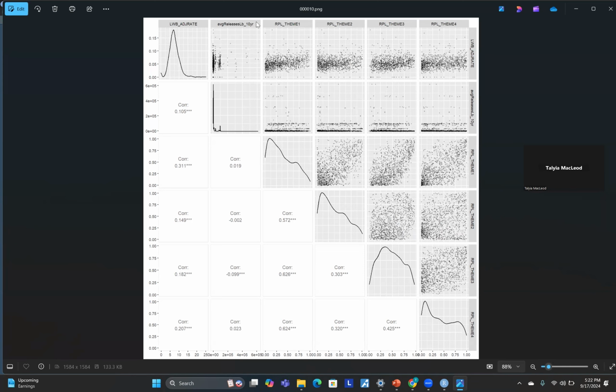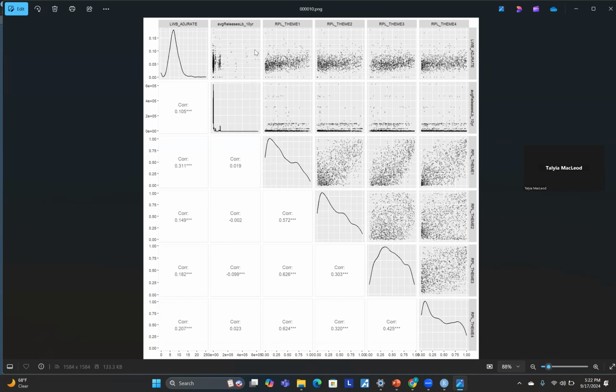We can look at our exposure, average releases in pounds over the 10 years. This square here is that exposure variable compared to the low weight birth, and then theme 1 compared to low weight birth, and so on. The x-axis is the average releases, the y-axis is the value of the low weight birth, and it's drawing how all those